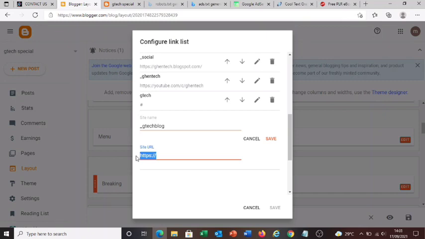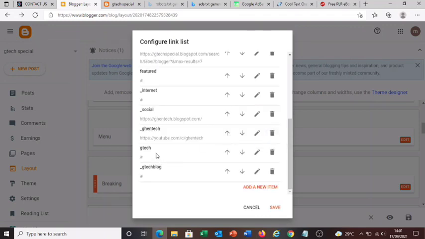If you don't want to add that, and you still want another drop down to be under this ghentech blog, all you have to do is make it another hash and save. Now you want this ghentech to be a drop down, and this ghentech blog to be under ghentech, and then you want to create another one that is under ghentech blog. What you need to do is